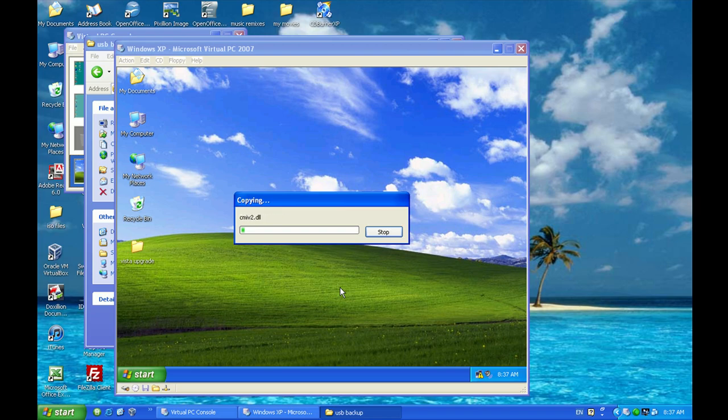It's containing all of my files that I needed to upgrade my host PC. But I'll delete those files again